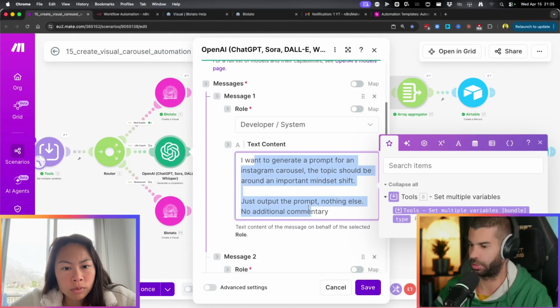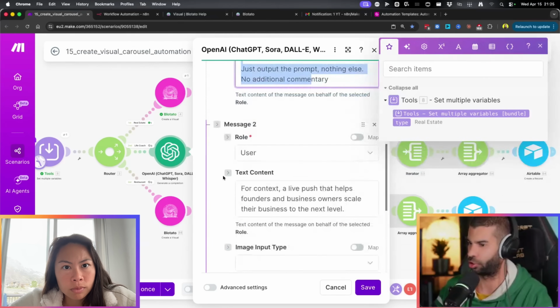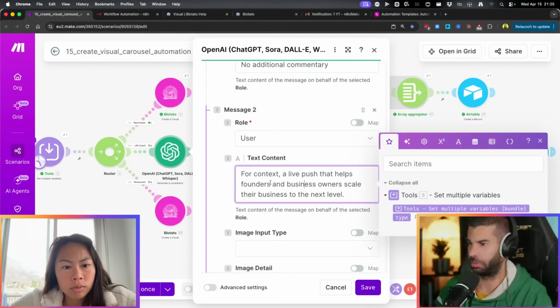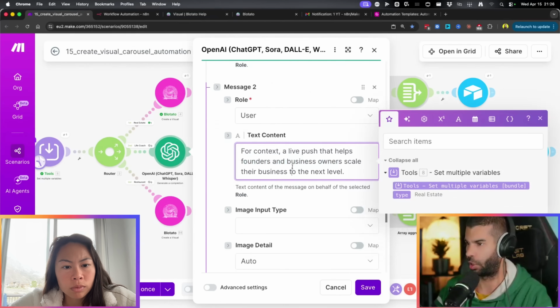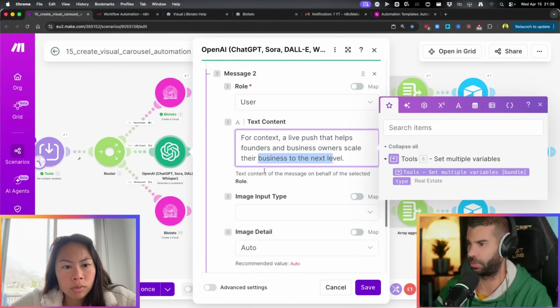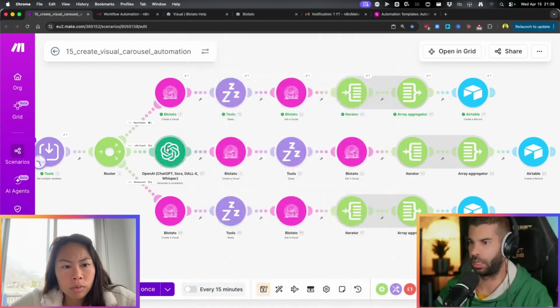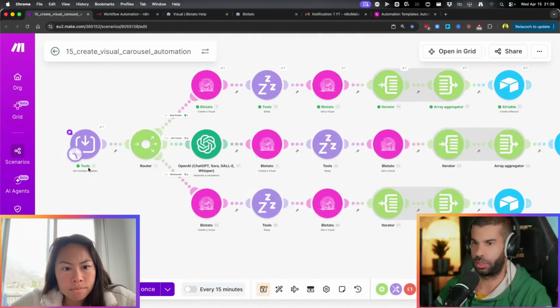And you can make the system prompt as detailed as you want. Over here, I then said for context, this is around business owners and founders that want to take their business to the next level. And I also have a typo right there, but OpenAI deals with that quite well. So any context that you can give around your business to get the carousel to reflect that, this would be the place where I would put that. So this generates, let me actually run this